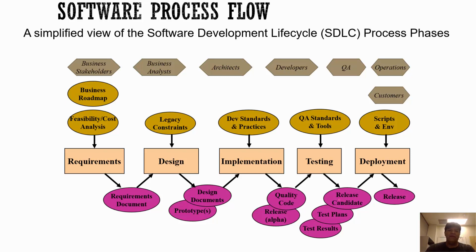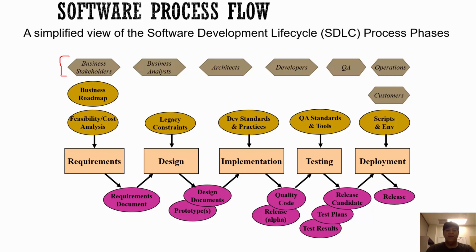So this graph shows different elements of that process in terms of development that takes place in the middle of that graph for our software products. So first of all, let's take a look at how we read this thing. On the top here, I have different people, things like business stakeholders, business analysts, architects, developers, QA, operations, customers, all these things here that are in the